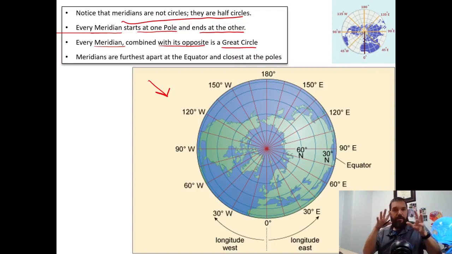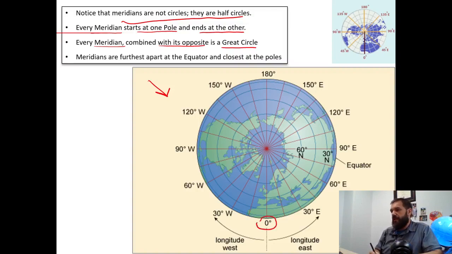You're looking at the Earth. In number 2, you're looking at the Earth in a weird way that you're probably not used to, but you're looking down at the North Pole. I like looking at the Earth this way when we're talking about meridians, because it shows you how the meridians radiate out from the poles, okay? So when you have this view looking down at the North Pole,